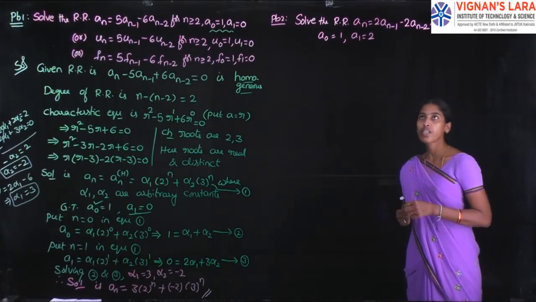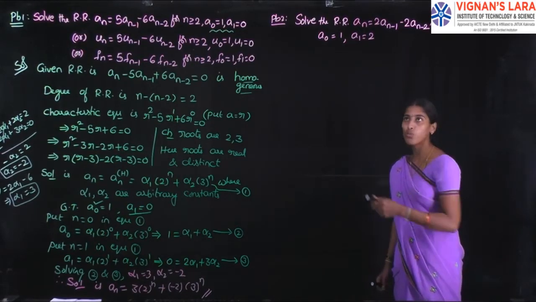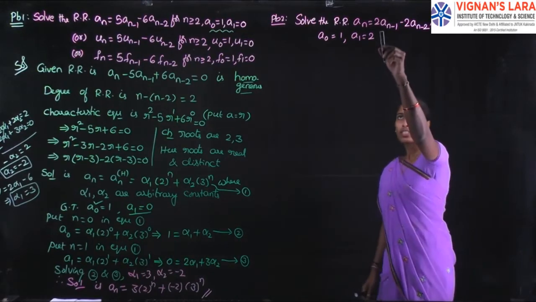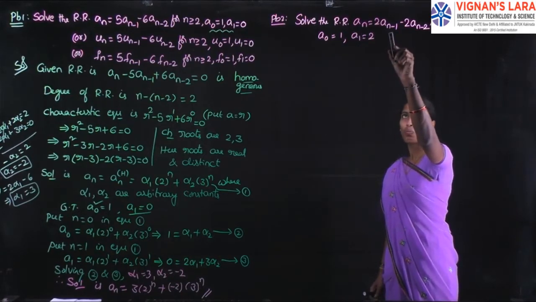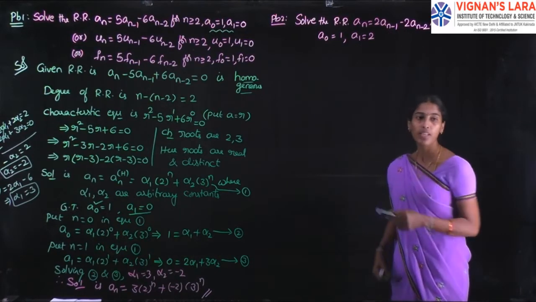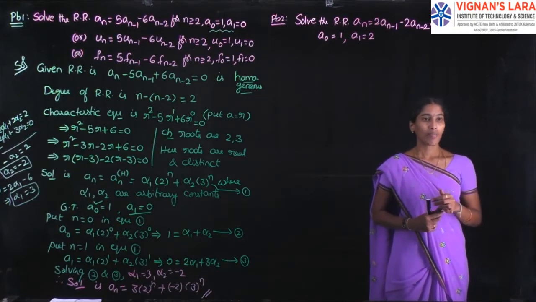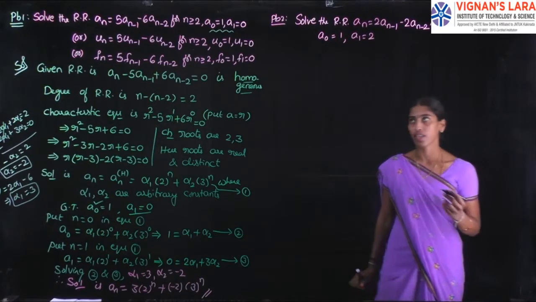Solve the recurrence relation An is equal to 2 An minus 1 minus 2 An minus 2, A0 is equal to 1, A1 is equal to 2. In this given recurrence relation, first term contains An, right side also both the terms consisting of An minus 1 and An minus 2. So, no term which contains only the function of n, otherwise only constant, therefore it is homogeneous recurrence relation.